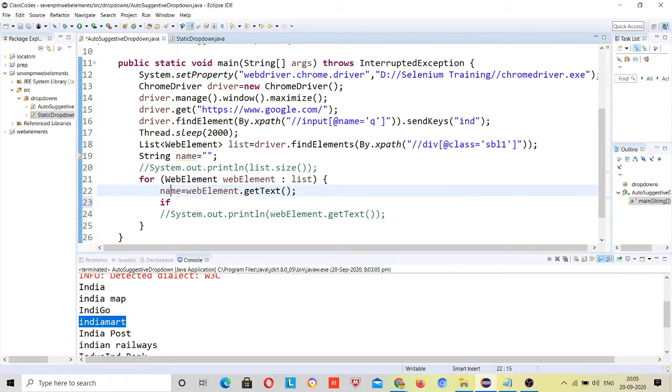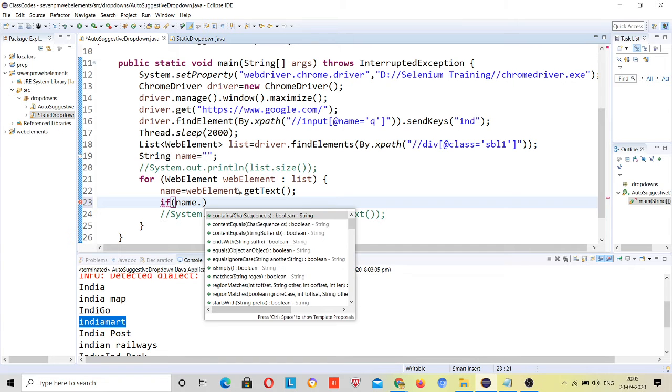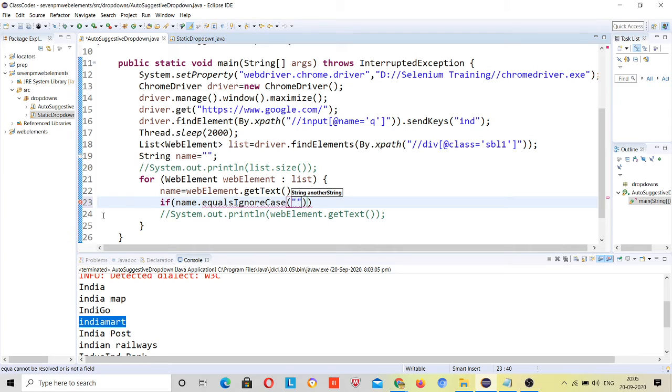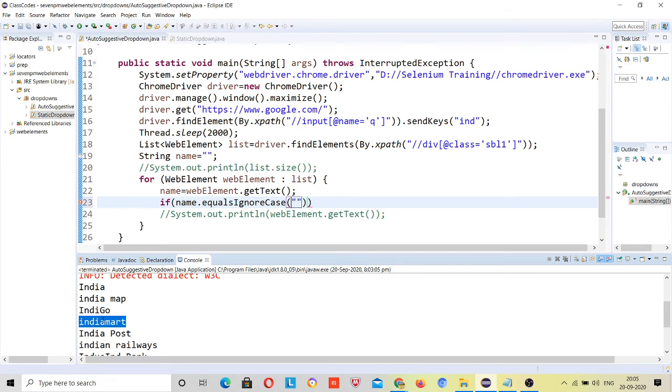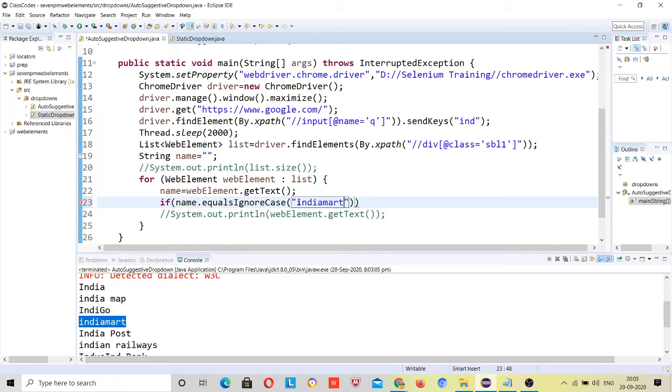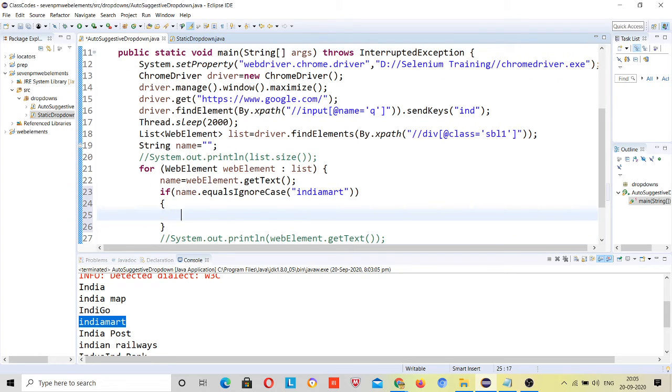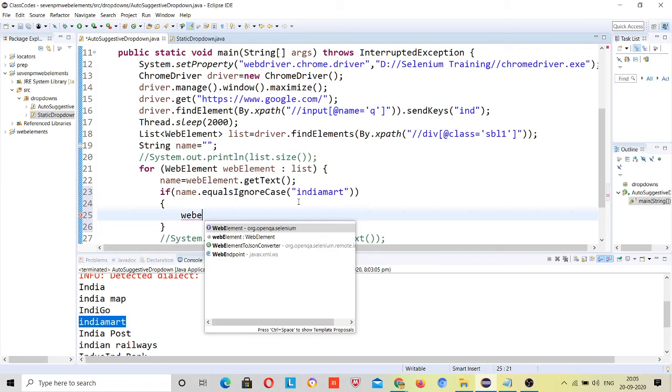Now I will match if name dot equalsIgnoreCase, you need to sometimes, right? If I want to click on this India Mart, I will give India Mart here, right? Once this value matches India Mart, then I will click on that web element.